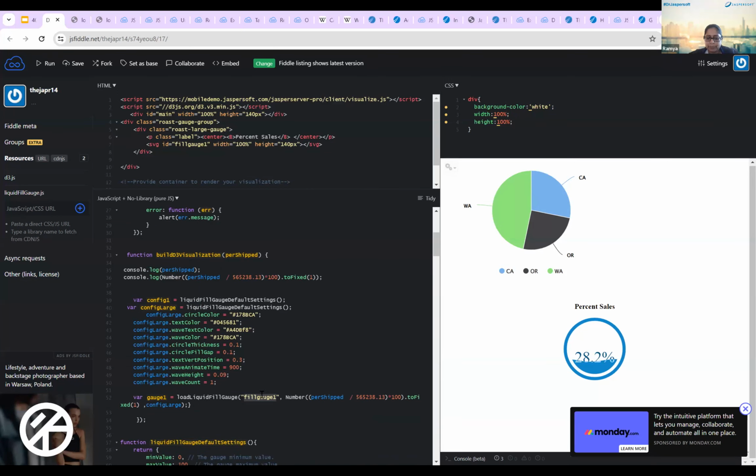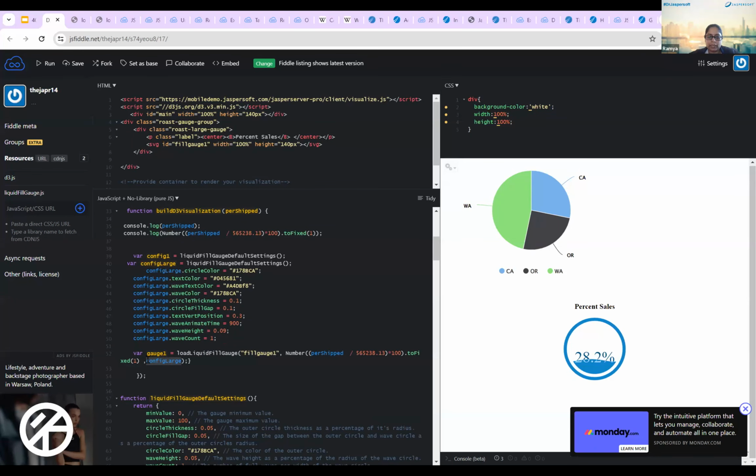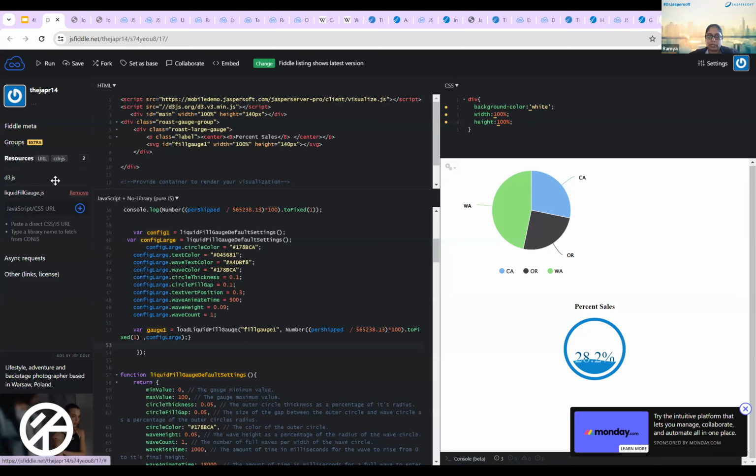And we are calling the gauge here. This is the container where we need to attach our output, where we need to render our D3 charts, and it will take the input. The liquid gauge will take the input value it needs to display and the configuration, how the look and feel of the D3 chart should be in the config properties, and it will render the D3 charts using the D3 chart library, liquid fill gauge.js